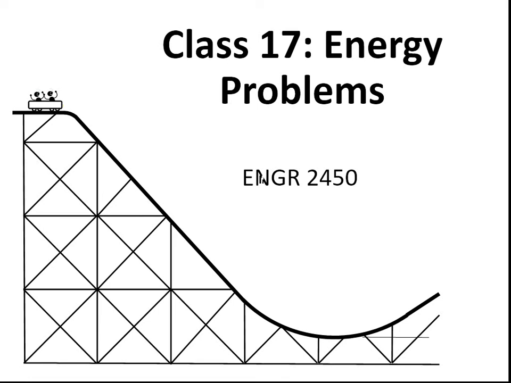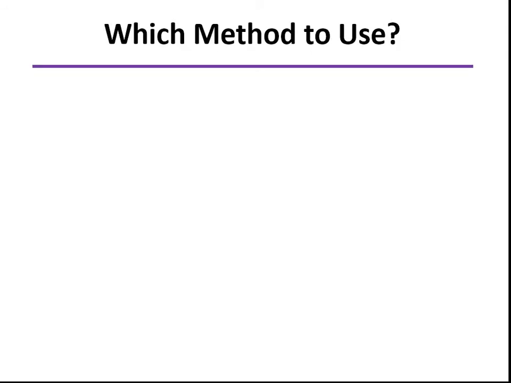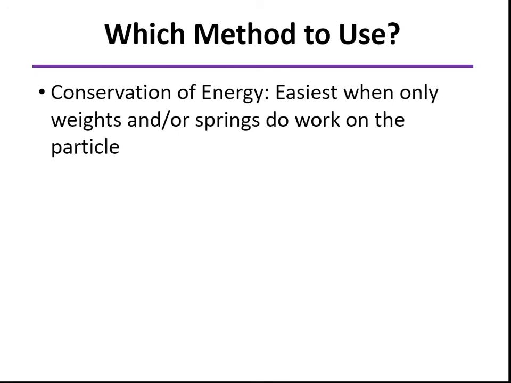In this class we don't present any new theory, but rather just work some problems using energy methods. So to begin with, when we see a problem, which method do we want to use? Well, conservation of energy is usually the easiest method if you have only conservative forces. And for the problems we've been working in class, that means that only weight and springs are doing work on